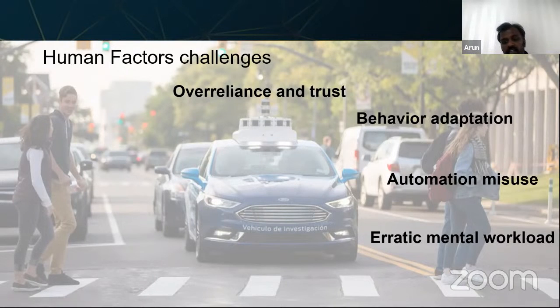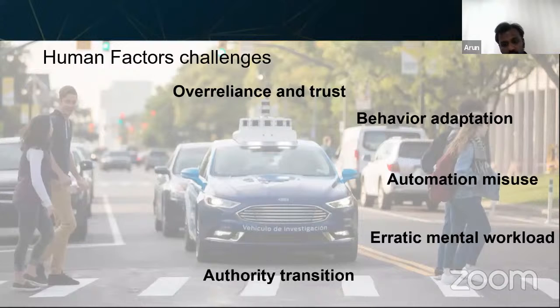The authority transition is another key research area, where when to inform the driver, or when to provide the authority to the driver that he has to take over the control, or she has to take over the control. And the same way, when to hand over the vehicle to the vehicle system. So there are a couple of things where the communication is happening between the human and the systems. That's also where a lot of research is looking at, which is termed as transfer of control. So that's also one area where we could see a lot of ways we would like to communicate to the driver that you are responsible for this particular task, and please do take over when you reach the limit, and so on.